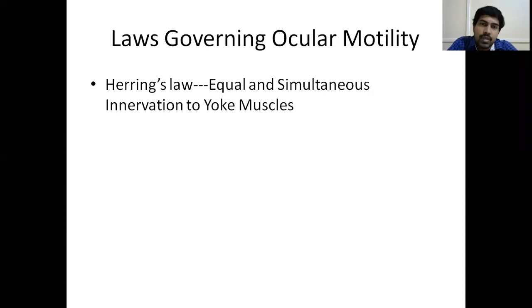So both the right lateral rectus and left medial rectus should contract simultaneously at a time with an equal intensity. Only then can binocular single vision be maintained. So Hering's law states that equal and simultaneous innervation goes to the yoke muscles. For example, the right lateral rectus and left medial rectus should both receive an equal amount of impulse at the same time, so that both of them contract together, thereby causing the shifting movement of both the eyes towards the right side, so that stable fixation of the object can be maintained on the fovea. That is about Hering's law.